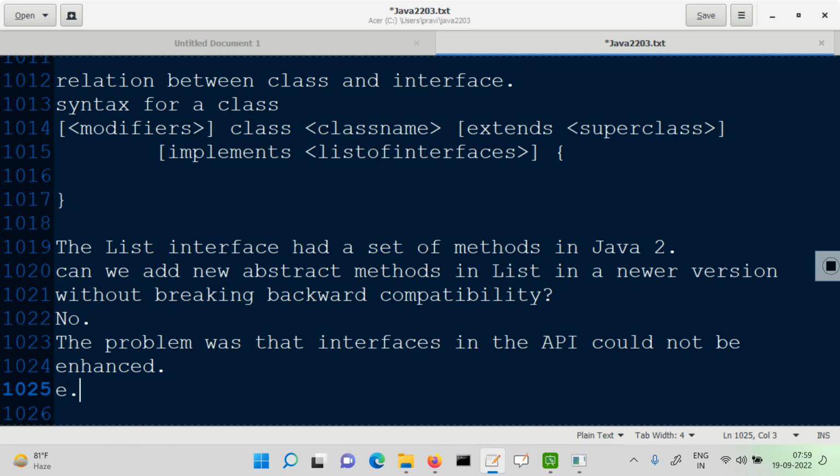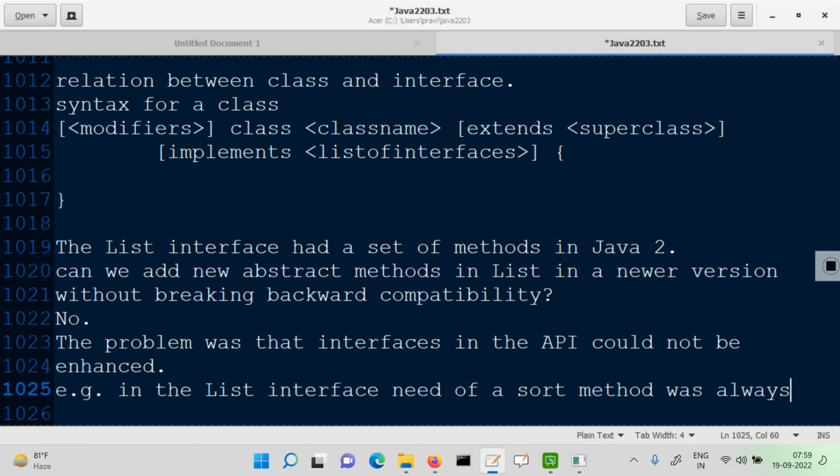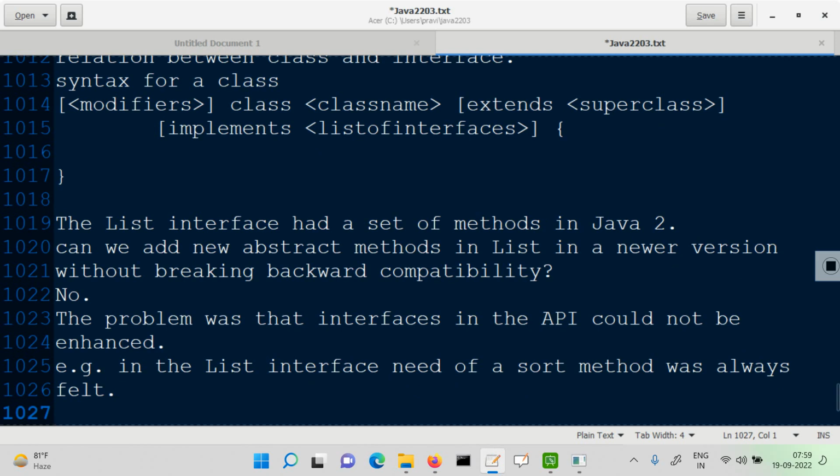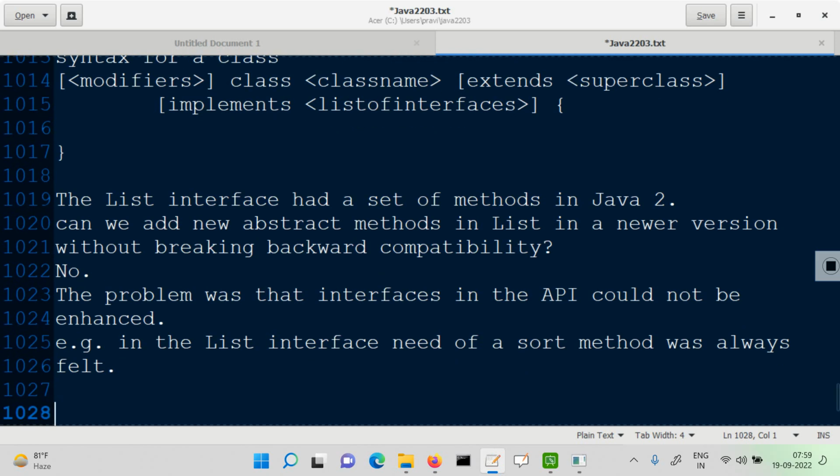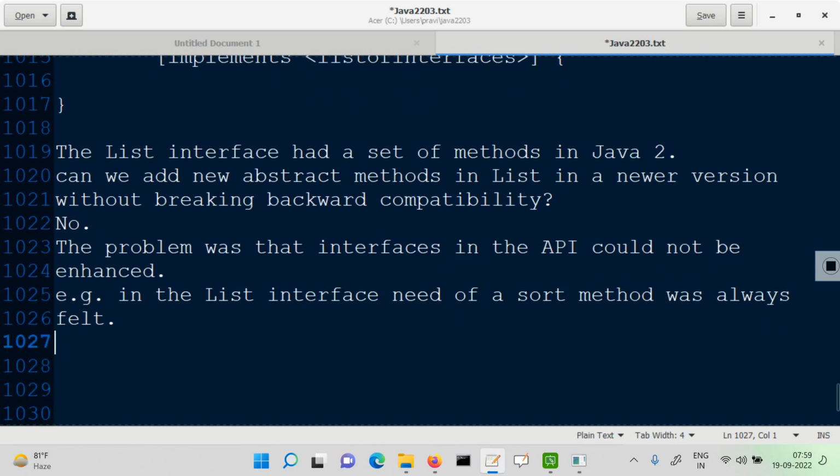So as an example, in the list interface, we always felt, oh, there should have been a sort method here, but it could not have been added. So what they did is, from Java 8 onwards,